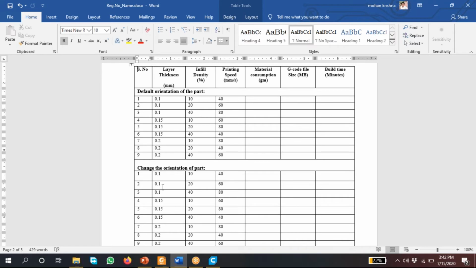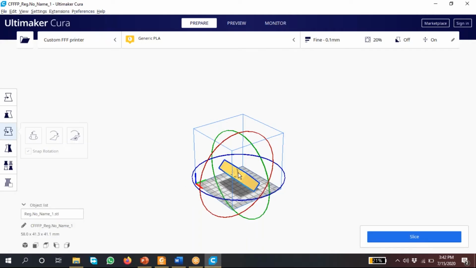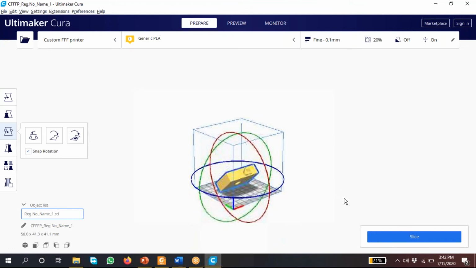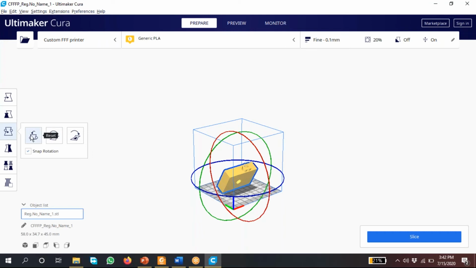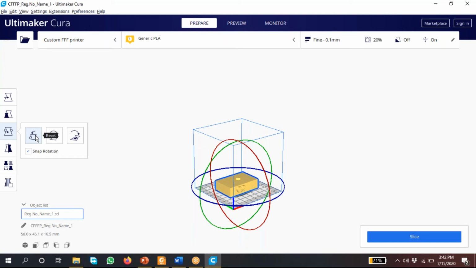Sir, in orientation, there are three options. What can we do, sir? Can you explain that? It depends on your part, sir. By ticking snap rotation, there are three options: reset, lay flat, and select a face to align. Reset depends on the default orientation.